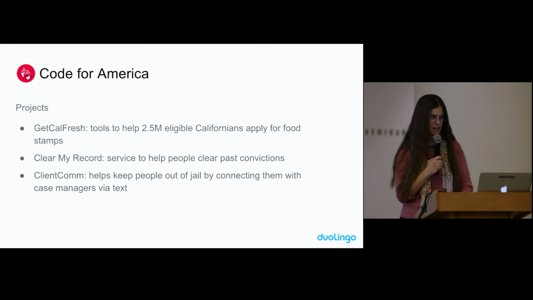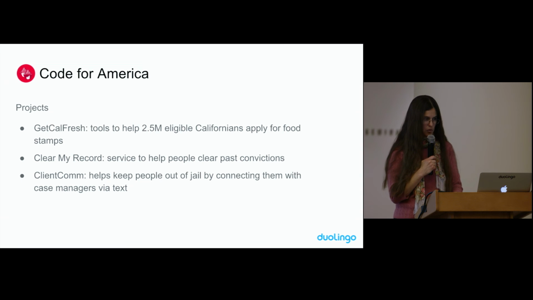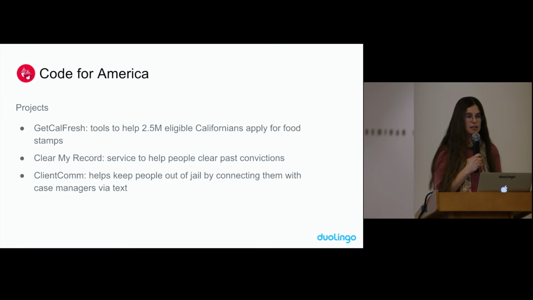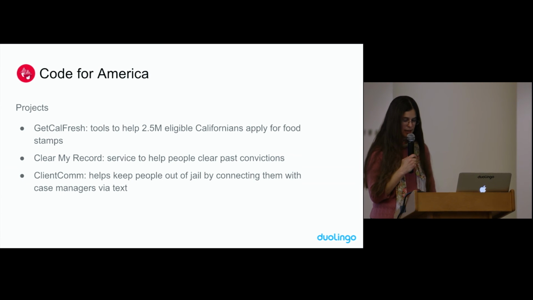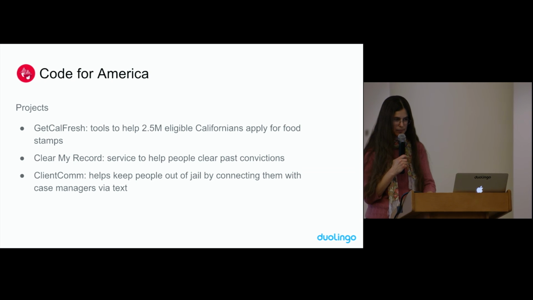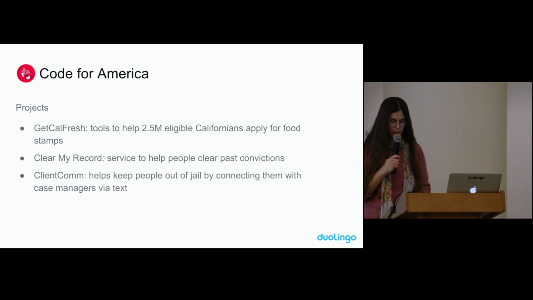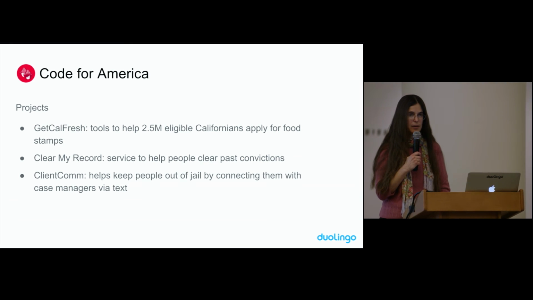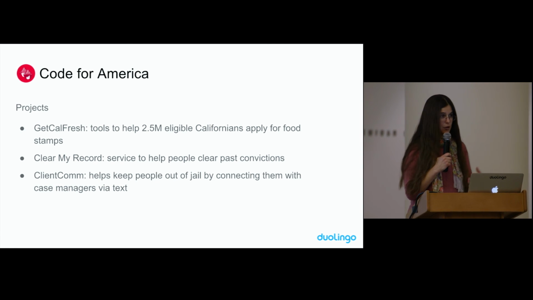Here are a few of the projects that people at Code for America work on. The first one is called Get CalFresh. It's a free nonprofit service that Code for America has created to help Californians apply for food stamps. This is your typical bureaucratic process that in the past required a lot of paperwork and a lot of delays, and now it's possible for people to apply online in 10 minutes and schedule an eligibility interview. It might seem like a small thing, but it really cuts through bureaucracy and makes a lot of people's lives easier. The second free online service that they've created is something called Clear My Record.